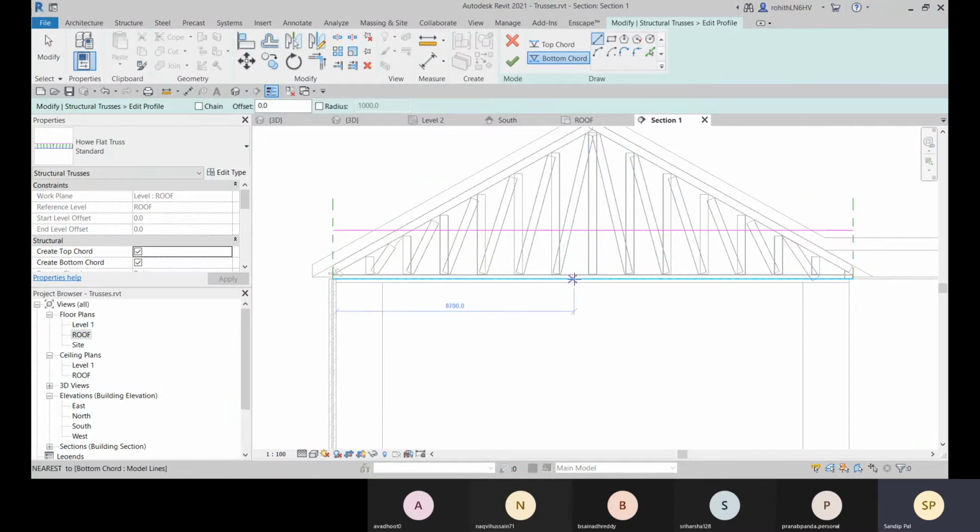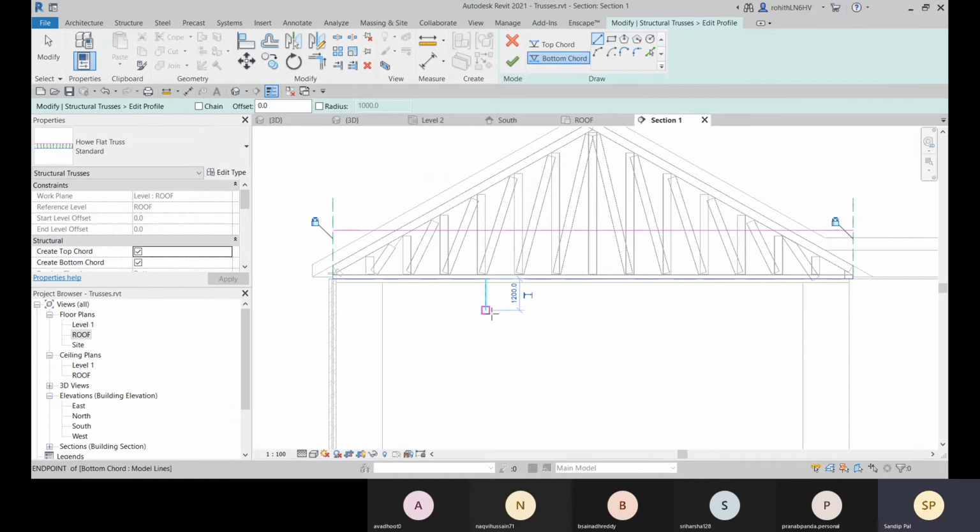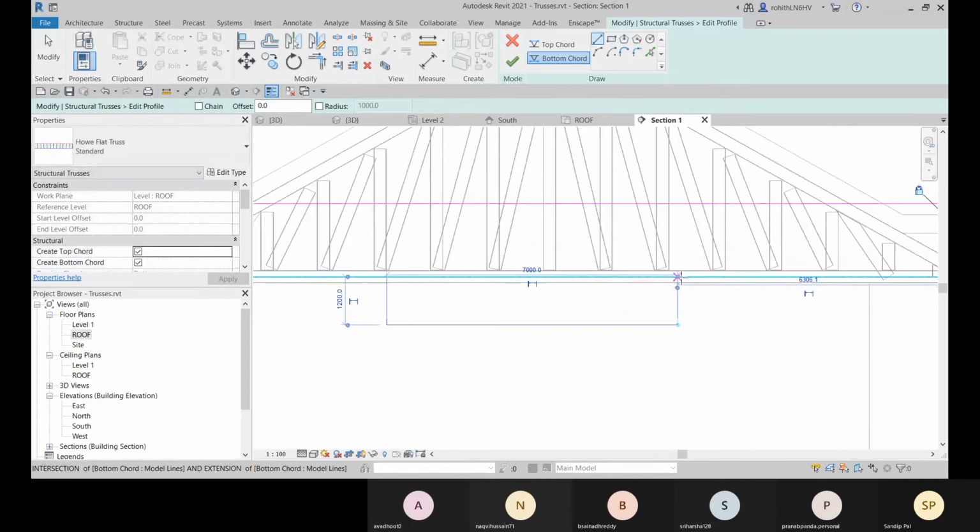Let me make some changes there. Suppose this one. Okay. And now let me go with this split element, delete inner segment, I will split it. Okay.